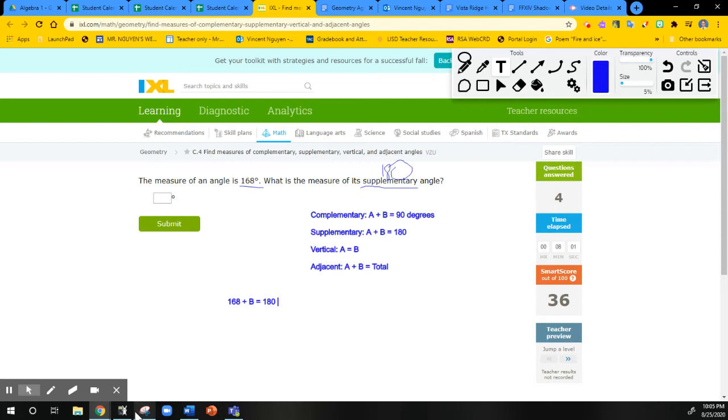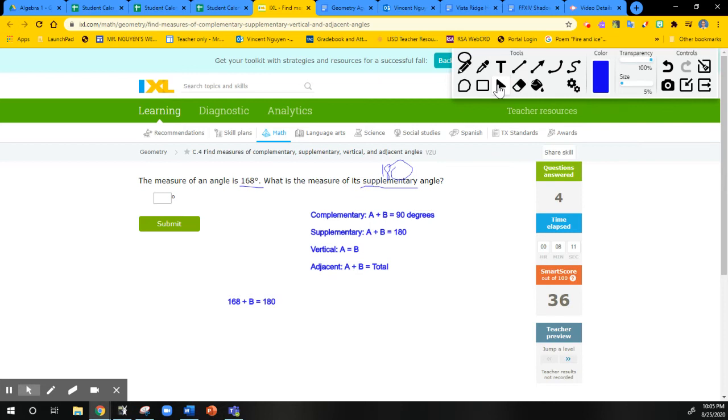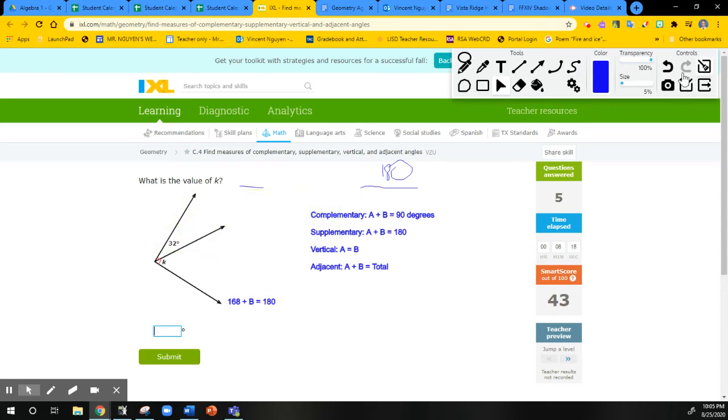Well, to find out what you're missing, you go to your calculator and you do 180 minus 168, and that's what you're missing. You're missing 12 degrees. So I'm missing 12 degrees. The other angle is 12 degrees. Okay. All right, let's skip